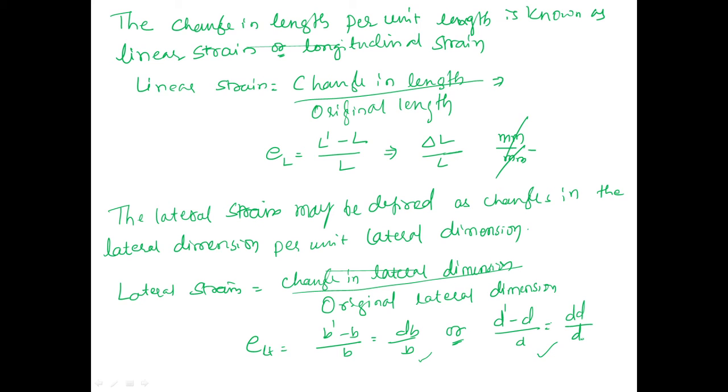Why are we considering that? Because the material is of isotropic nature and it is homogeneous. If it is a non-isotropic material, such as an anisotropic one, meaning the properties are different in different directions, then you are going to get different changes in dimensions. So in strength of materials we assume the material is homogeneous and isotropic. Clear?